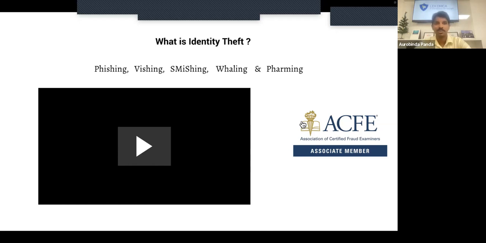So whaling means a very targeted kind of phishing. And pharming is more about taking you to a clone website or redirecting you to another website during the course of browsing the internet.